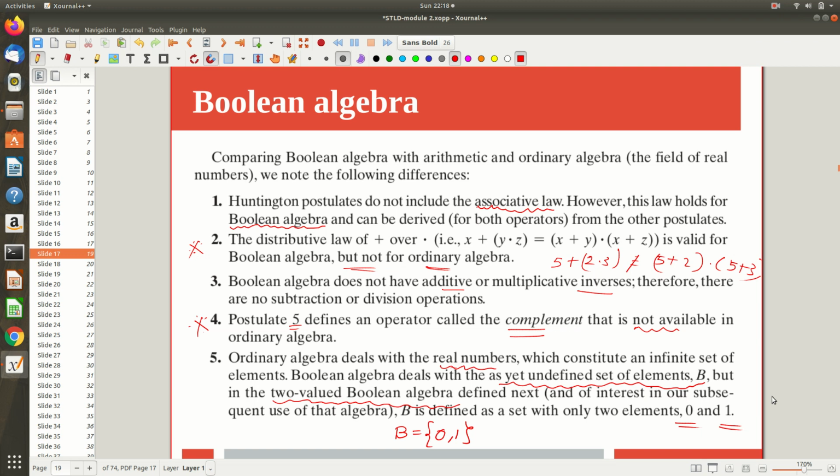Somewhere if I am mentioning 0 and 1, don't give that interpretation like it is our binary 0 and 1. Depending on the context I will be talking. So here I have taken this 0 and 1 as an identity for the randomly defined operators plus and dot, right? So there it's not having a specific meaning like binary 0 1 or decimal 0 1. All are different depending on the context; the meaning will vary. But when it comes to switching algebra, they are more specific. The 0 and 1 correspond to the on and off state of the switch, 0 corresponding to the off state and 1 corresponding to the on state, right? So in switching algebra that is the case, but in a different situation its meaning will vary.